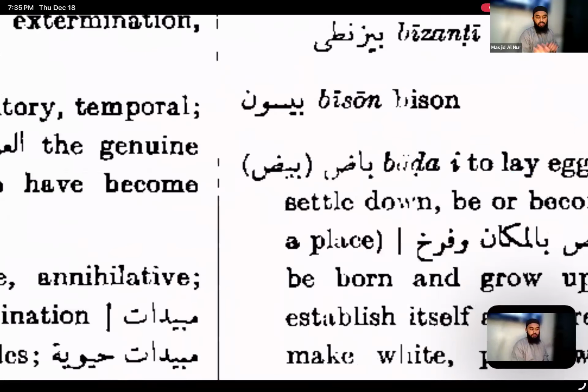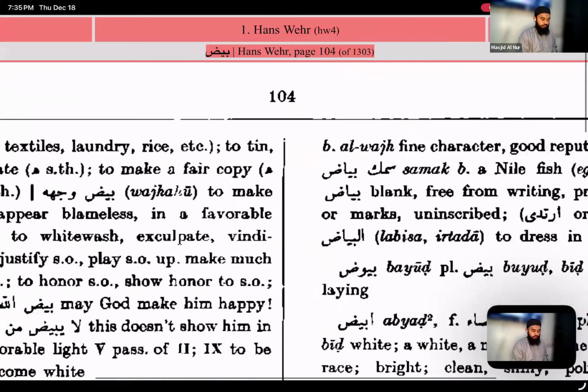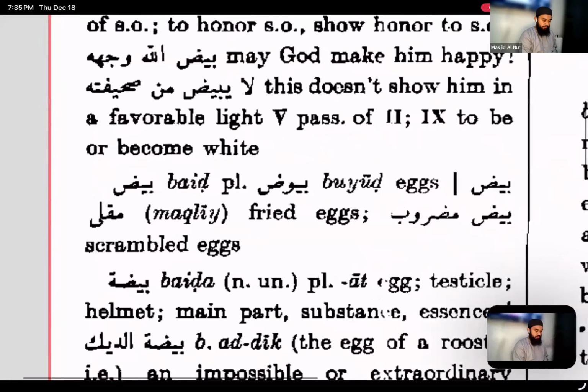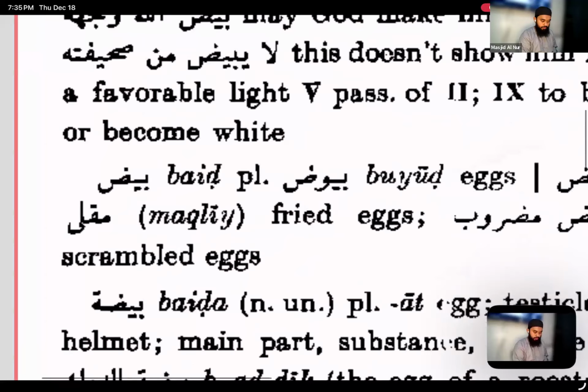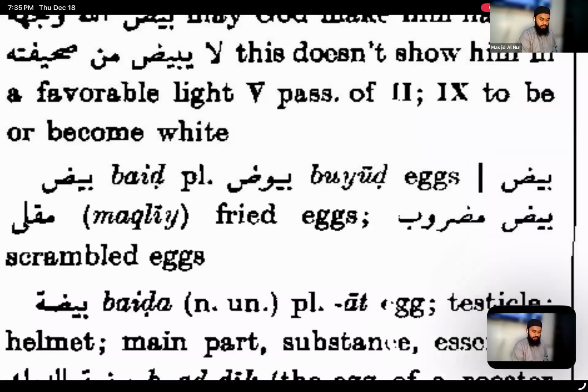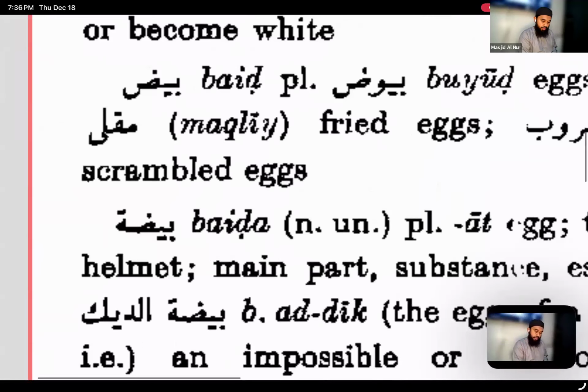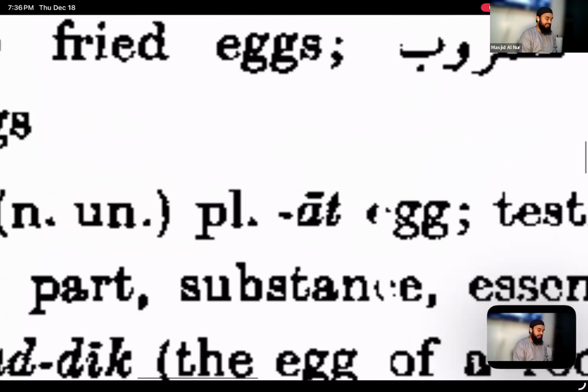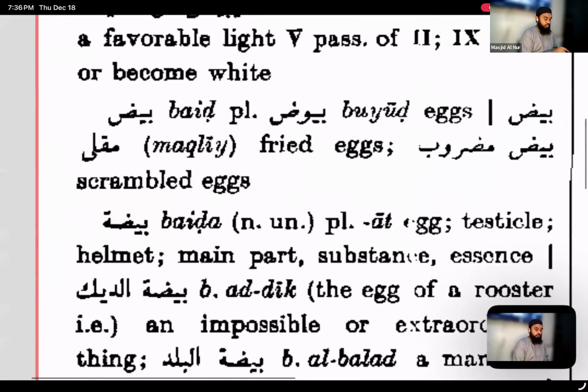Bayd. We found it, but this is a verb. We're not looking for a verb, so we go to the next page. Bayd. Eggs. See that? Eggs. Buyud. Do we have the female version? Yes, bayda. Look at the plural. What did it say? AT. Baydat. So these little signs in the dictionary we have to get used to. When they have an AT, it means the plural is pl. That's the short form for plural. AT is baydat. It's already telling you. They're not writing in Arabic for you guys. Baydat. So that's the correct answer.